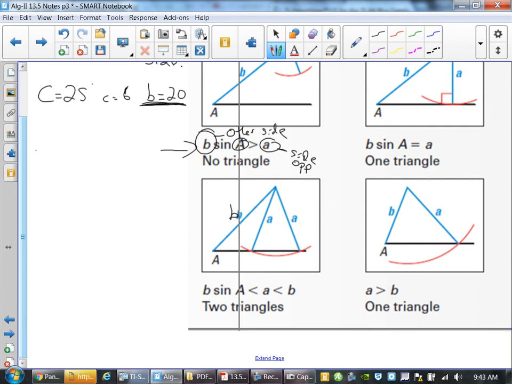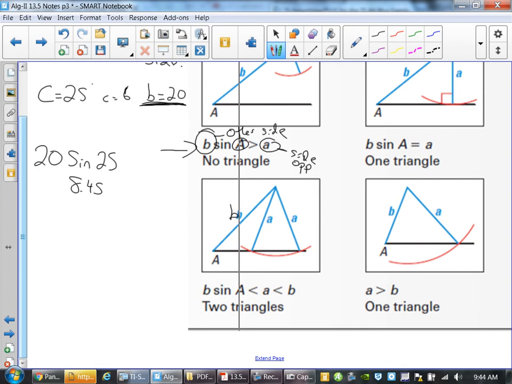If I take 20 sine of 25, what I'm doing is checking to see which of the following occurs. It's just a short little thing to look at. If I type in 20 sine 25,